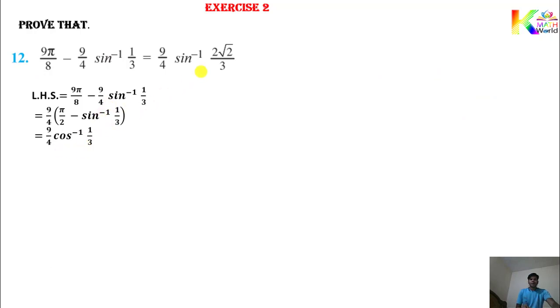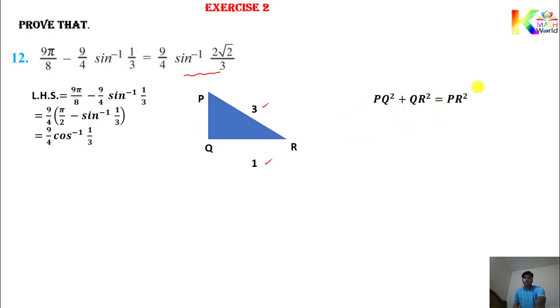But you can see this is not your final answer. Your answer requires sin inverse. Okay, it means a different function is required. So we can use the triangle method. Okay, cos means adjacent over hypotenuse. So this is your adjacent and this is your hypotenuse. So using the Pythagorean law we can calculate this side. So you can see here PQ square plus QR square equals PR square. PQ as it is, QR that is 1 and PR square that is 3 square. So 1 on that side. So 9 minus 1, that is 8. So PQ will be root 8, that is 2 root 2. So this side you get how much? 2 root 2, you can see.